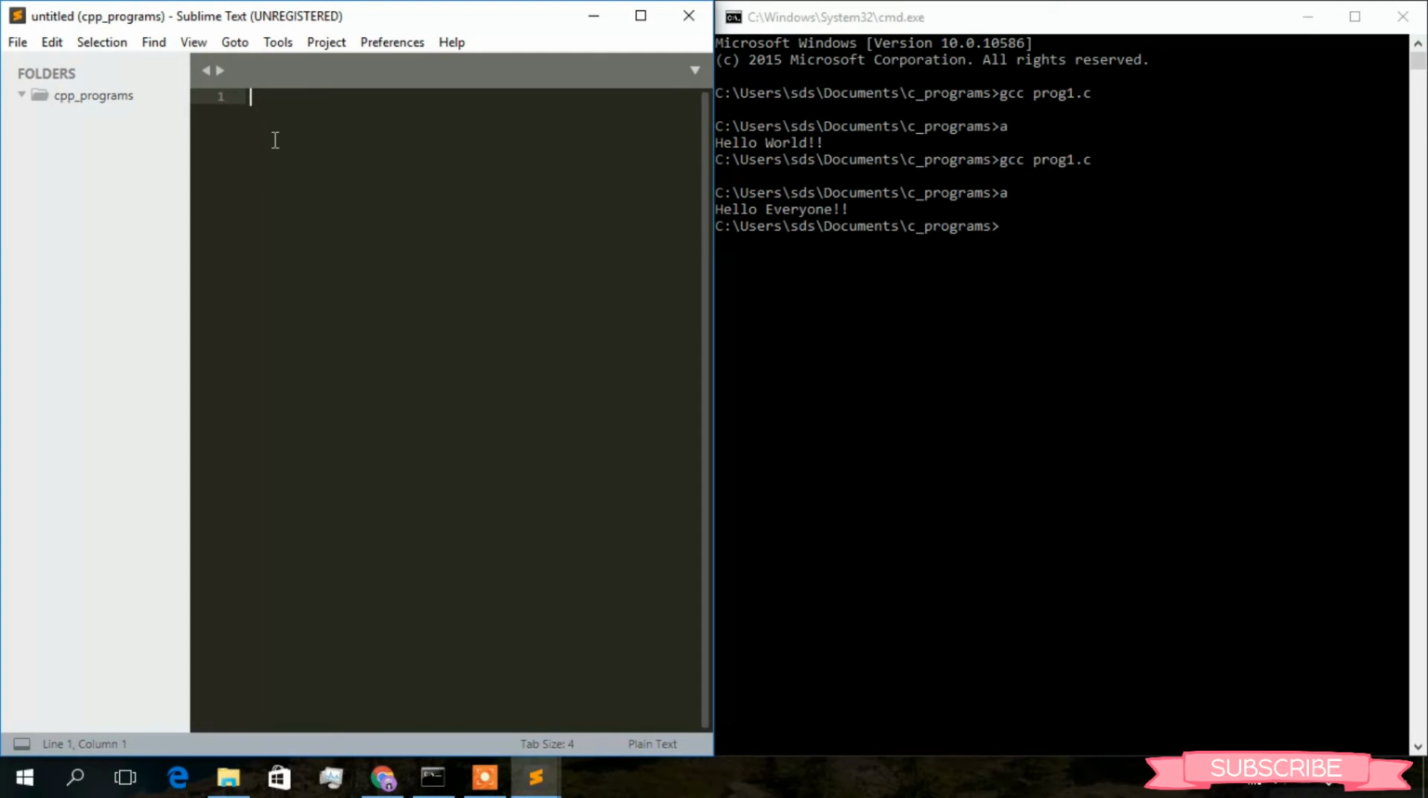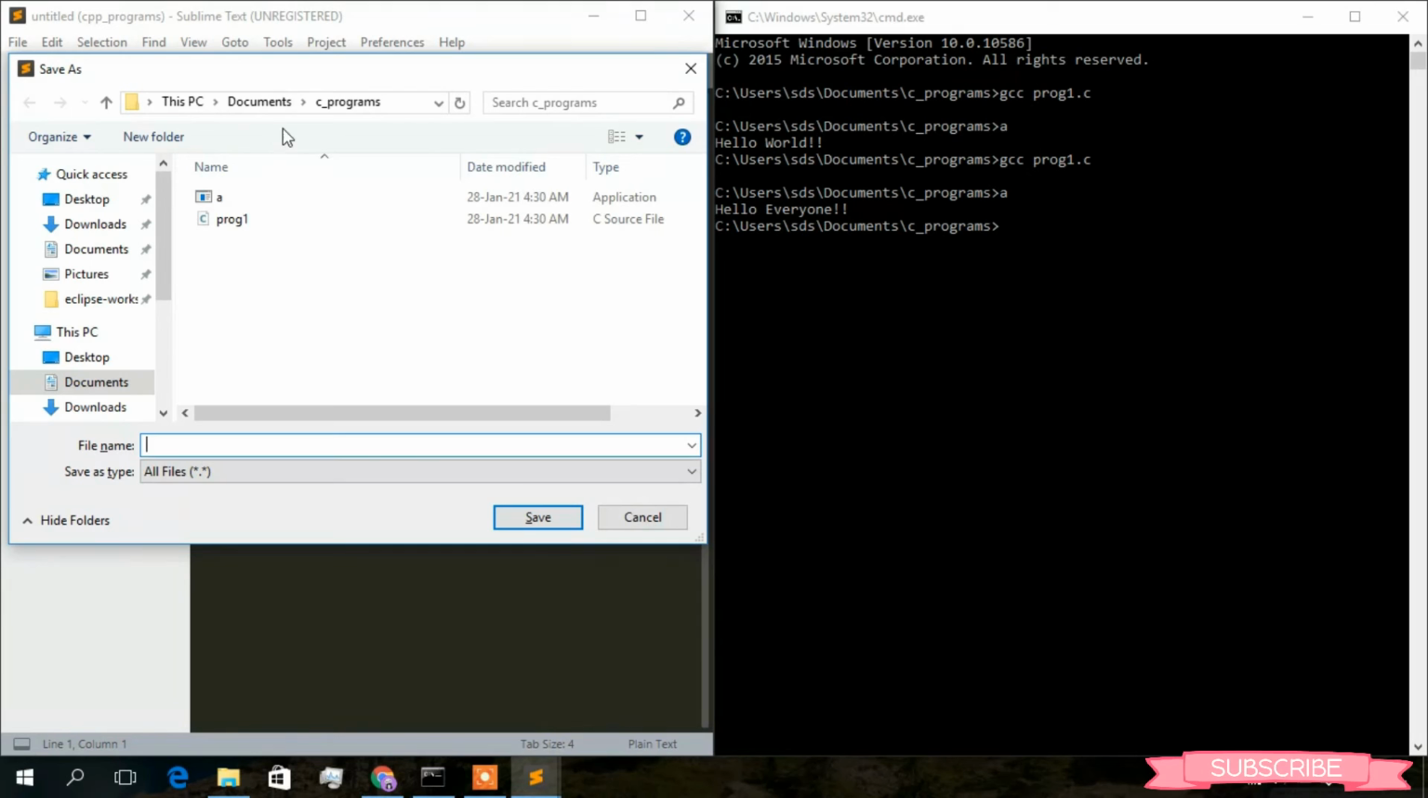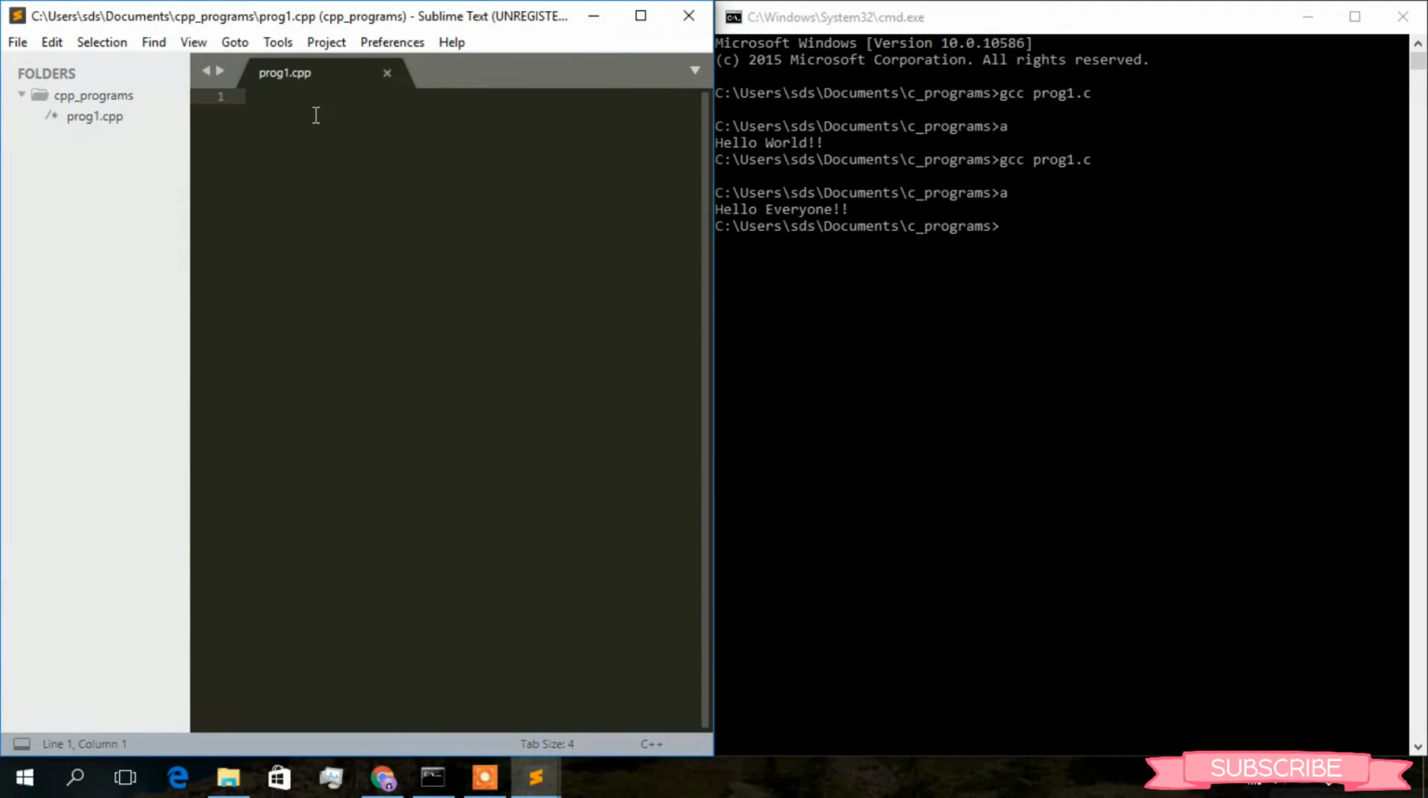Now just simply press Ctrl N to create a new file, and then Ctrl S to save, and you need to go a directory back. Now go inside the C++ programs folder, and simply save your file as prog1.cpp. This is very important for a C++ program. You need to save the file with the cpp extension. Now just click on save. And now in here you will write a simple hello world C++ program. So #include <bits